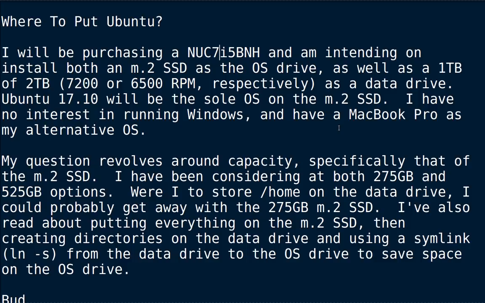So it would be really nice to have one of those little machines and then have a little M.2 for your boot up, and then get a regular 2.5-inch form factor SSD and stick it in there, and then make that your home partition, and then everybody's all solid state and happy. But that's what he ended up doing, and it's very economical.